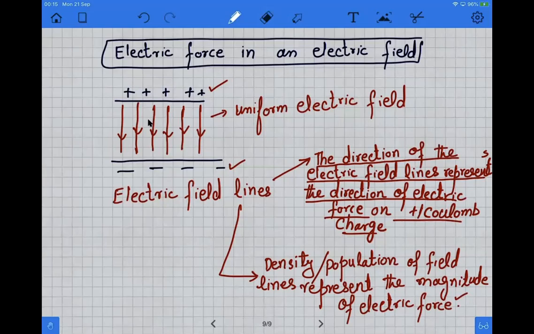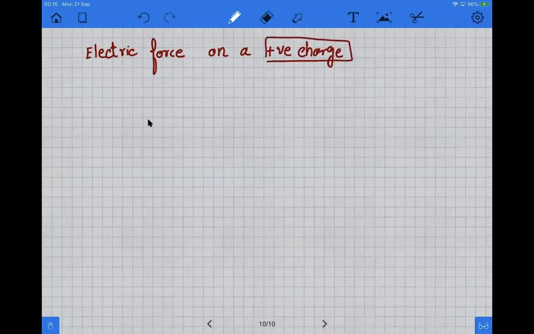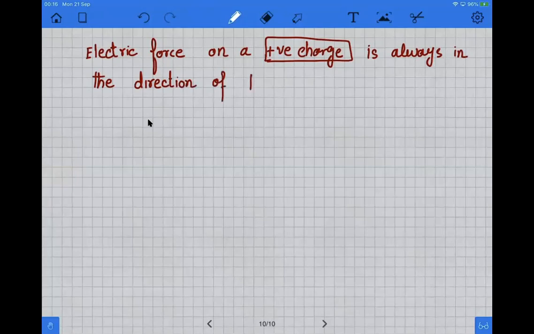And one thing that is important is that you must know that electric force on a positive charge, if you get a positive charge like a proton, alpha particle, or a cation, electric force on a positive charge is always in the direction of the electric field, while